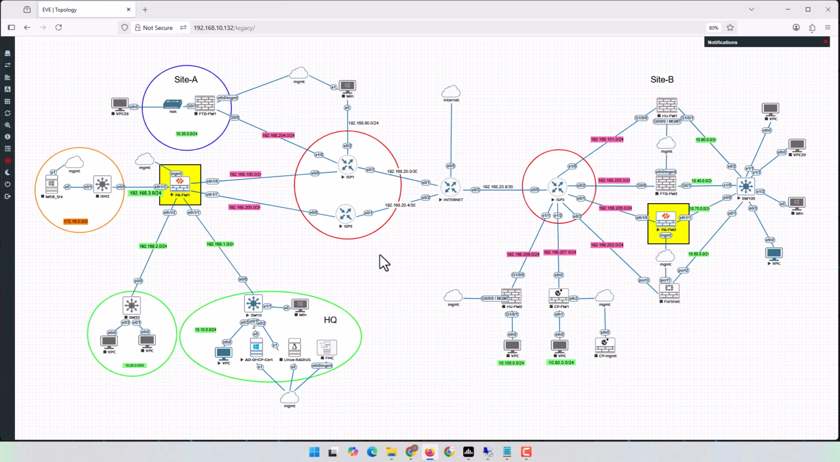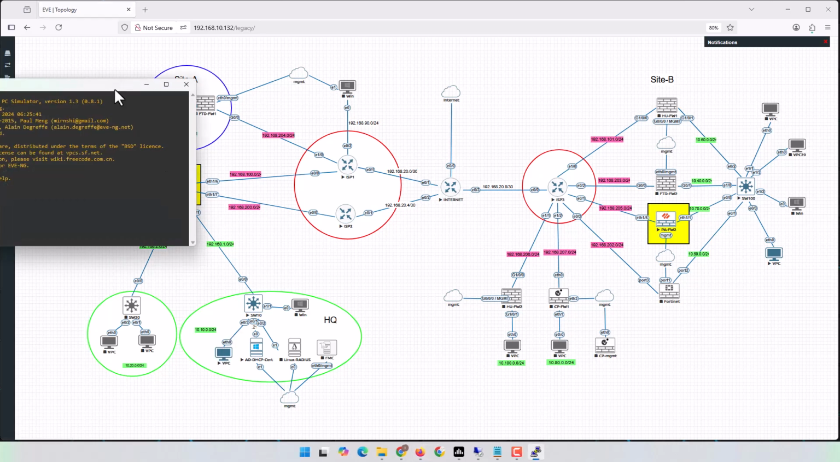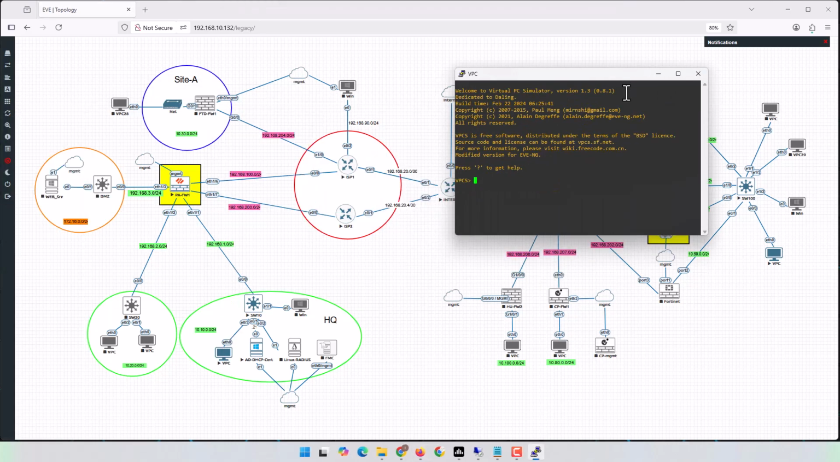By now, these two Palo Altos have a very basic configuration. It means this virtual PC should be able to ping the internet. It means I have NAT, a default route, and also a policy configured here in the Palo Alto. Let me first check the IP address. Let me configure the IP address here with IP DHCP. The DHCP server is configured here in this switch,